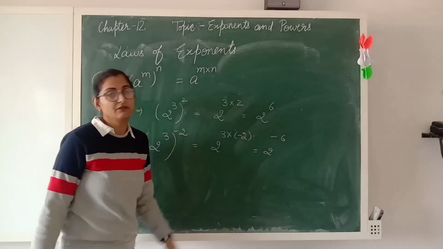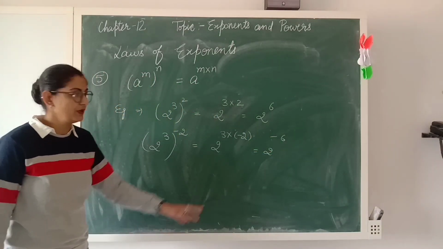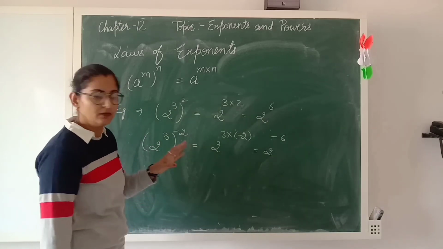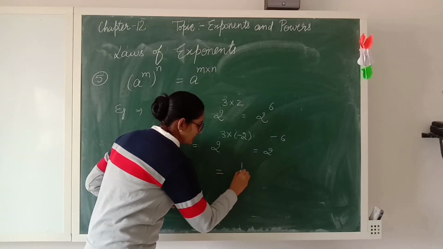Now exponent is negative here. So what do we have to do? We have to just convert this negative into positive. So you have to just write down 1 by